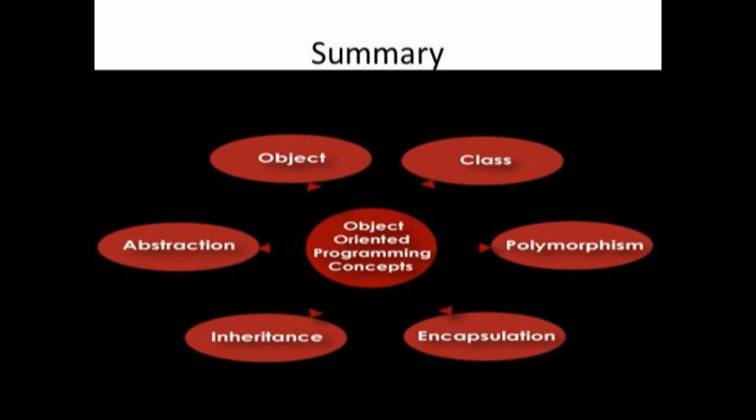So let's sum up the object oriented programming concepts. The basic thing is the object. It is a real world entity. From this we can construct the class. A class is a collection of objects, and we can create any number of objects from this class. It provides the encapsulation property, that is, the data and functions are wrapped inside the class. This improves the data hiding or information hiding process, and abstraction shows that the internal structure or background details are hidden from the outside world, so it only shows the functionality.